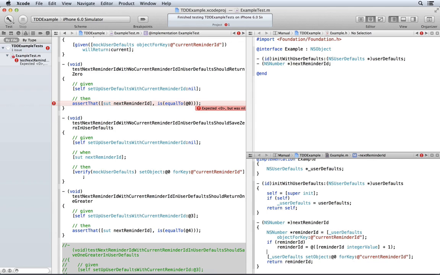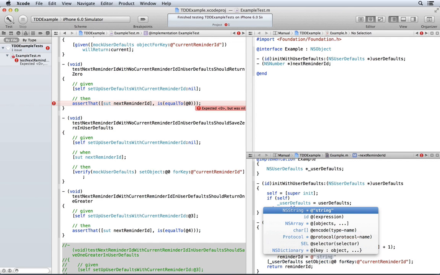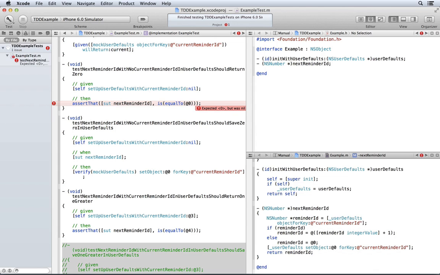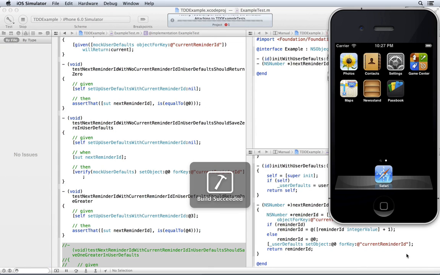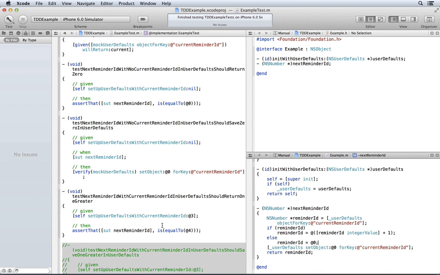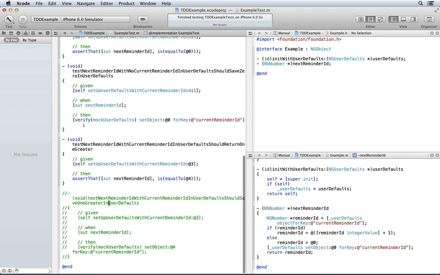Because I forgot that if there is no value, then the default, the initial value, should be 0. Let's try that. That's better. So now we've refactored. Again, let me repeat. Don't refactor when you have failing tests. Always refactor from green.